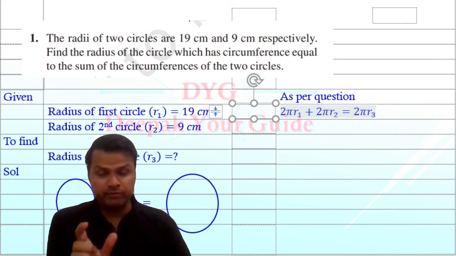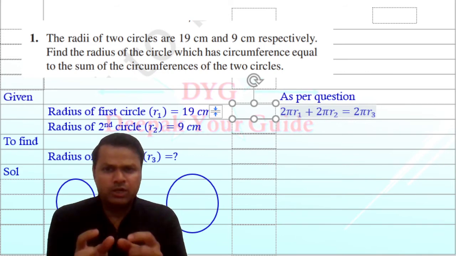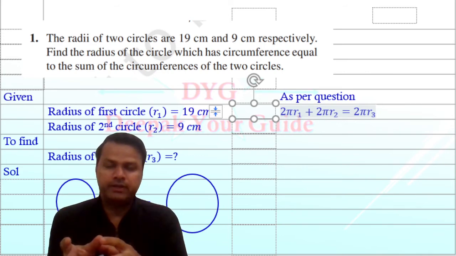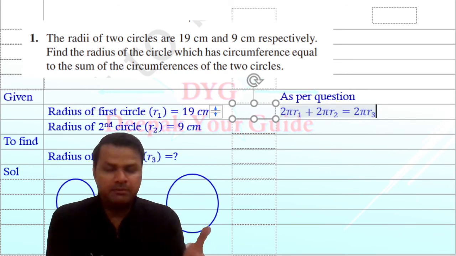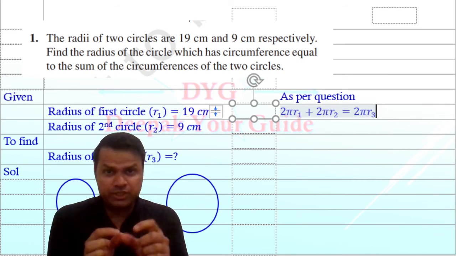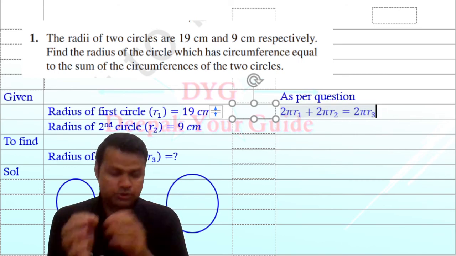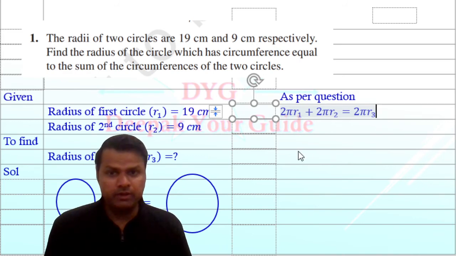So 2 pi r1 is the circumference of one circle, the formula for the circumference of a circle. r1 is just telling us that the radius is different, and r2 is telling us the radius of the second circle. But the formula is the same: circumference of a circle is 2 pi r. I have just changed that r to r1 just to show that we have got different radii. Now we have to solve it.